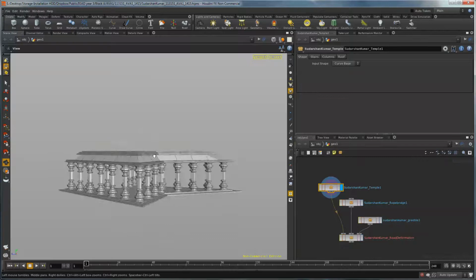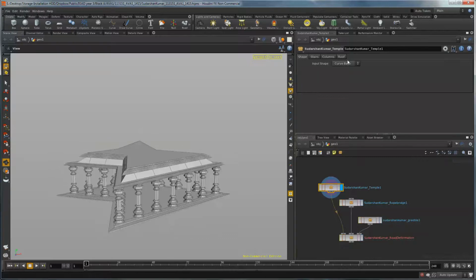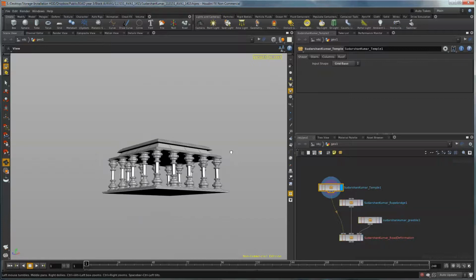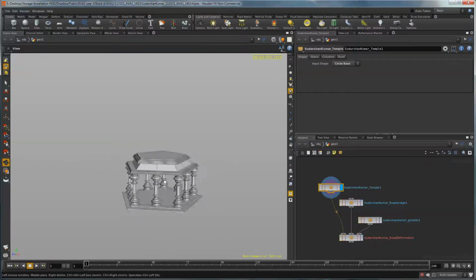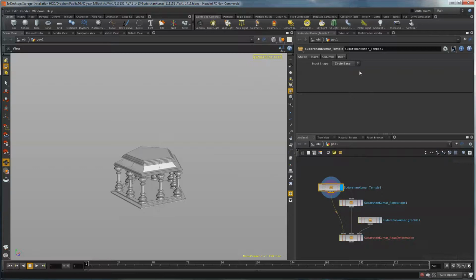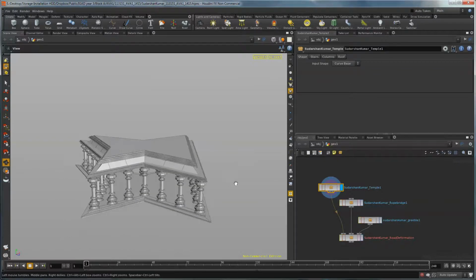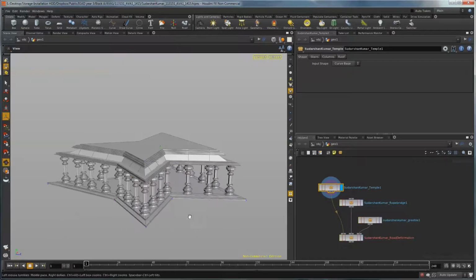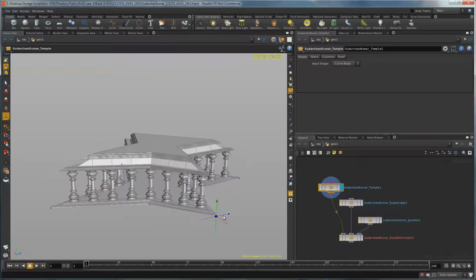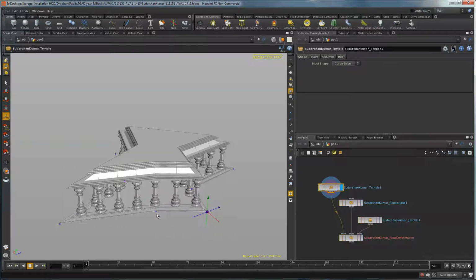Well, it's pretty straightforward. It's just temple, and the attributes here, or the inputs or the parameters. You can change the shape from a curve base to a grid, from a grid to a circle, so you have diversity in the shape which you're using. With a curve, press enter and you see these points up here. Each point can be moved, translated in